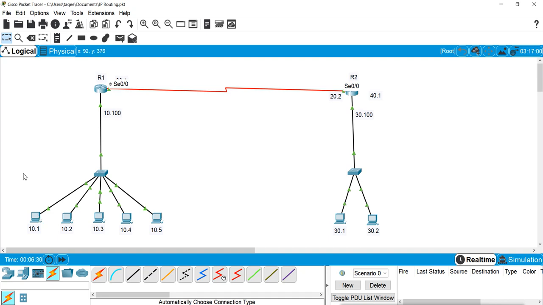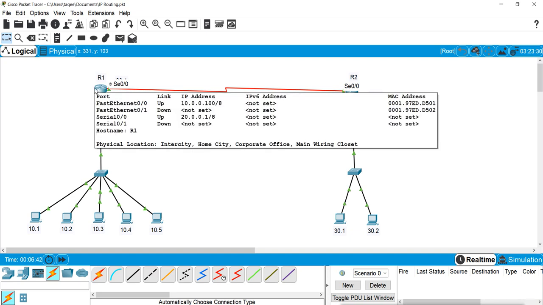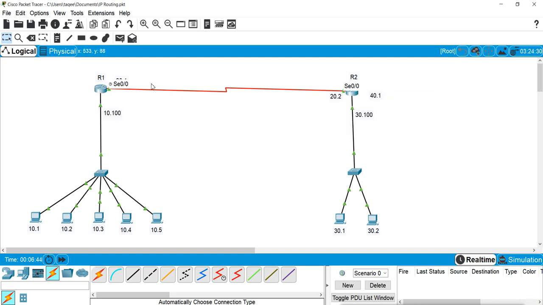Now the reply comes back, so the source address will be 10.1 and the destination address will be 30.1. When this reply packet crosses this router, we will do NATing and convert this 10.1 into a 20.x IP.